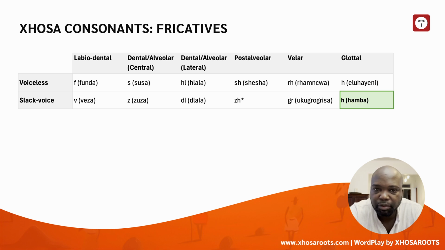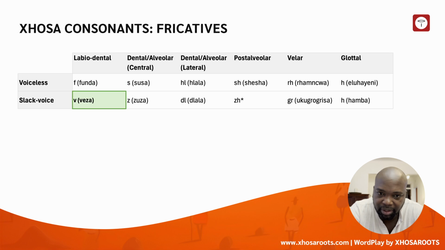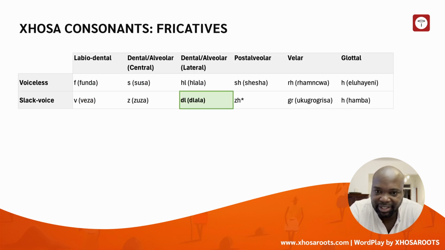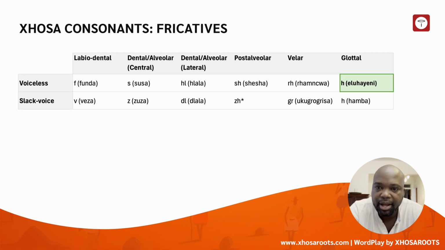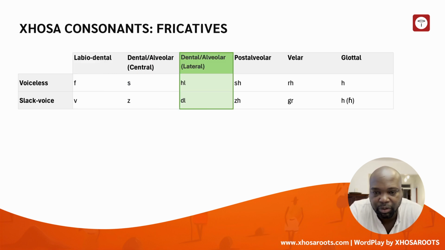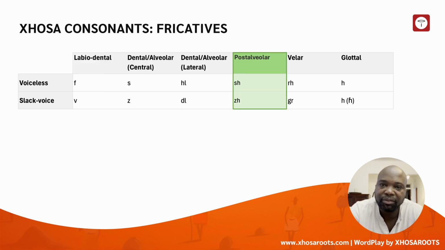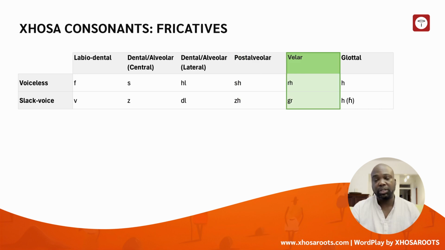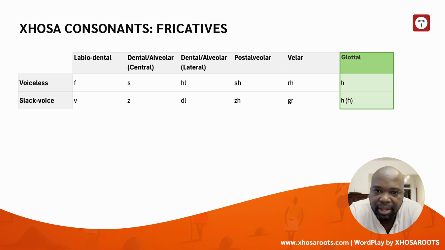And so that's it for the fricatives. F, v, s, z, l, l, sh, j, h, r, h. So that's the labiodental, the dental alveolar central, the dental alveolar lateral, the postalveolar, the velaric, and the glottal. And so we can then move on to the next group,